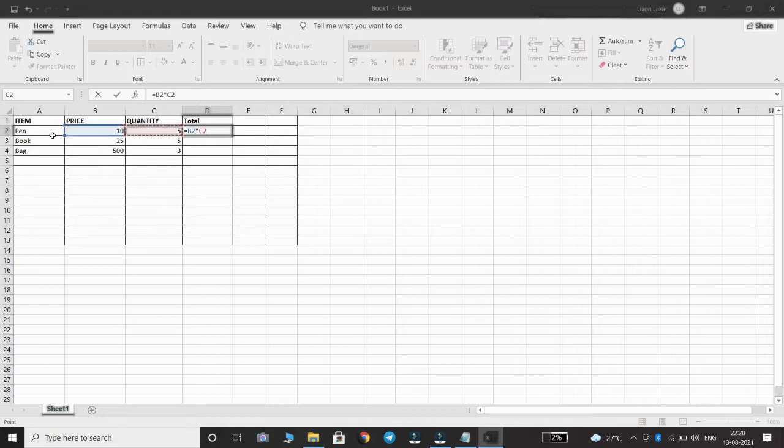That is, to find out the total, we have to multiply price with quantity. So 10 into 5. Instead of giving direct values 10 and 5, I have given B2 into C2. Then press Enter. So 10 into 5, 50. This is the total amount of pen.